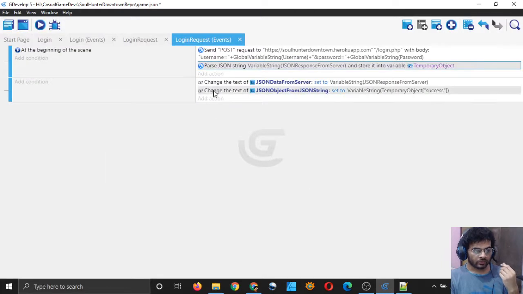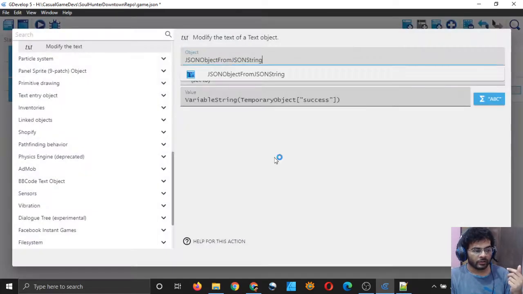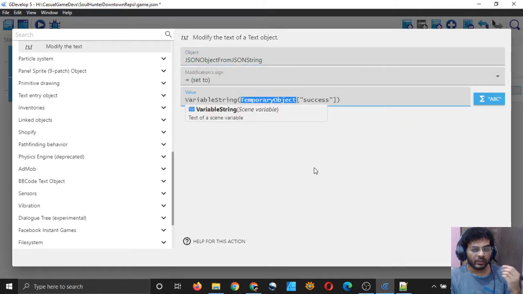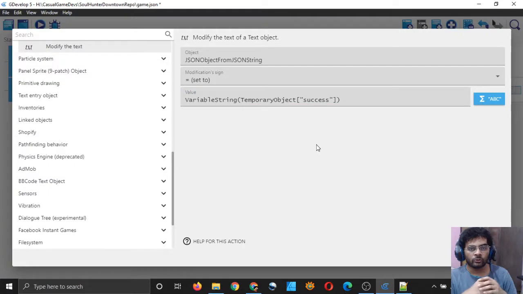And to access those objects, GDevelop does not have any explicit command or action to do that. You can simply access it by mentioning the name of your variable, and then putting the square brackets, and inside the square brackets you put the name of the field which you want to access.